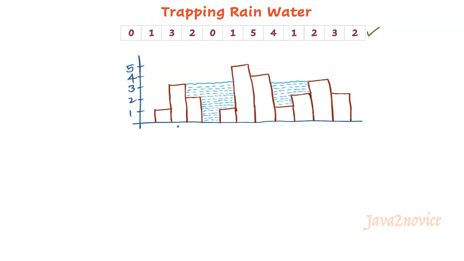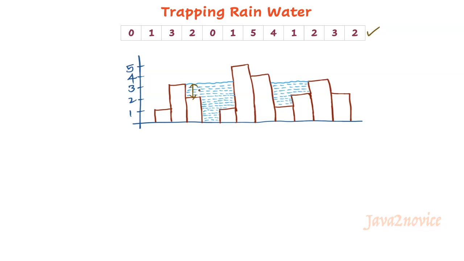Actually, this problem is marked as hard in LeetCode, but if you understand the concept, the logic is pretty simple. We are going to use the minima of local maxima technique. All we need to do here is find the water depth at each index. What is depth here? This is the water depth at this index.